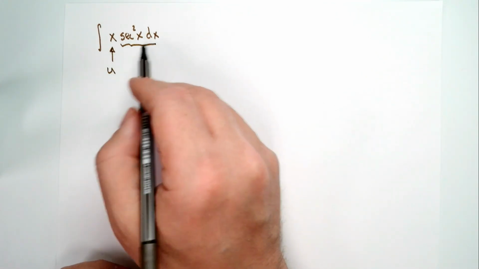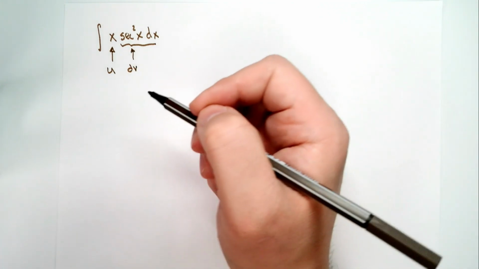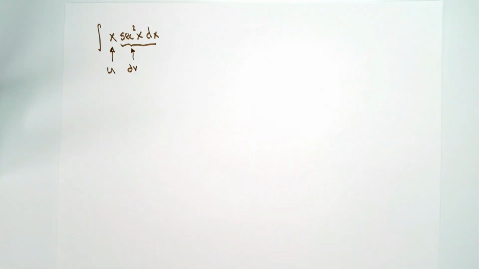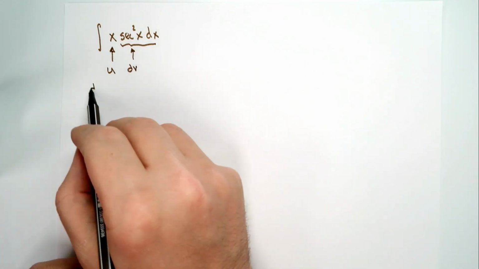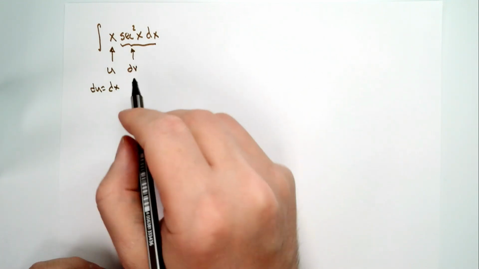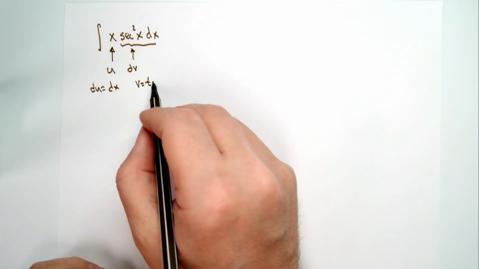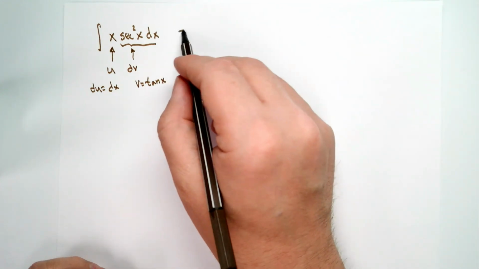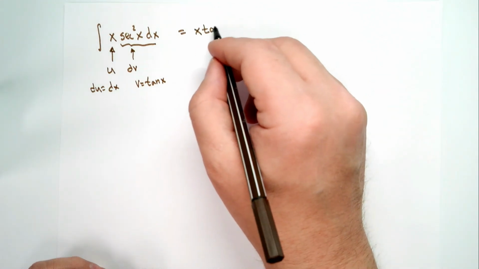Now, of course, this will only work if this other part makes sense as the derivative of something. Hopefully you're getting really comfortable at knowing there's a couple of functions which frequently show up as derivatives, and I just know how to recognize them. And secant squared x is on that list. So what we would have is that du would be dx, and the integral of secant squared, I hope we know that, is tangent. So we'd have uv, so that's x tangent x,